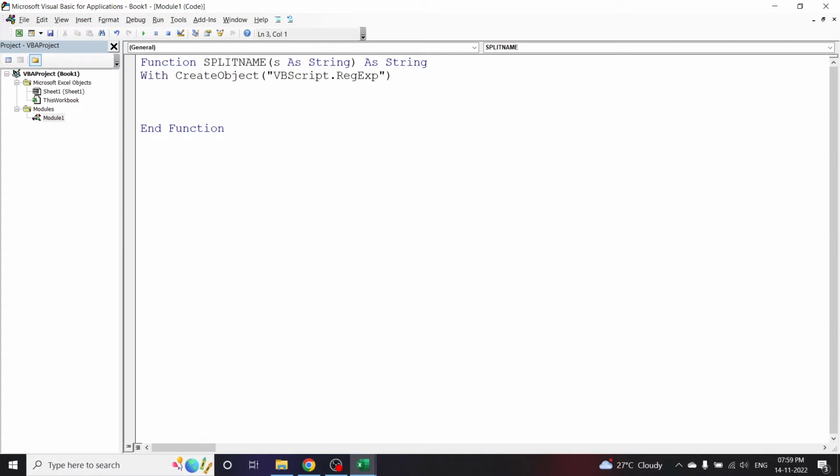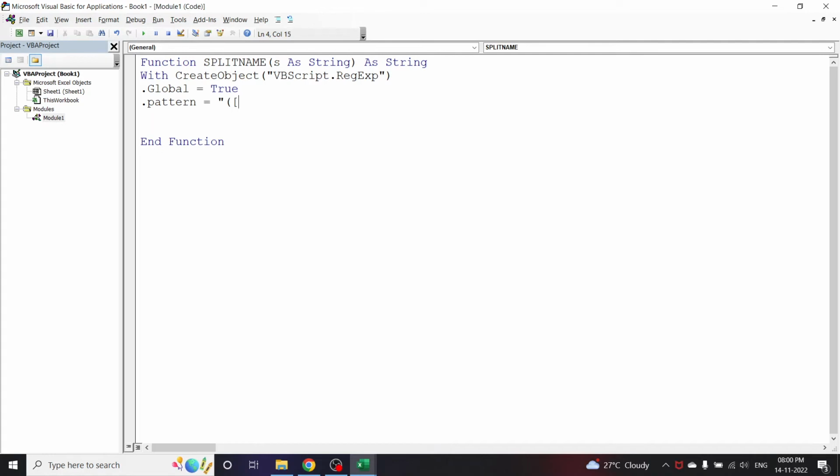Click enter and put a dot and write Global = True. Click enter, put a dot, Pattern = and inside inverted commas write